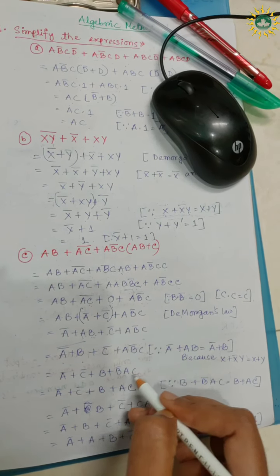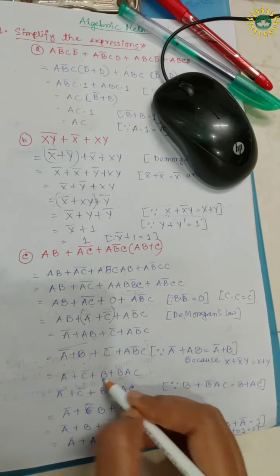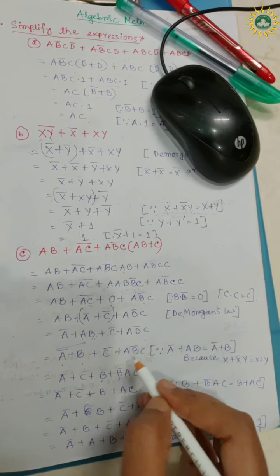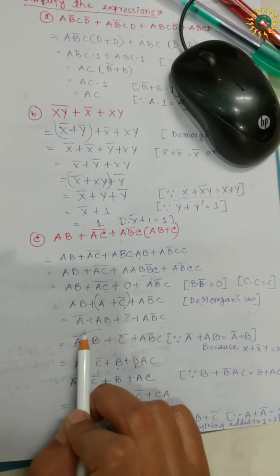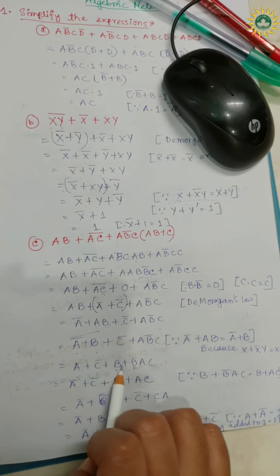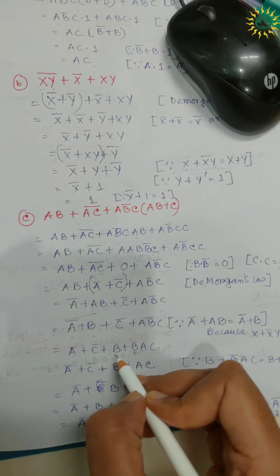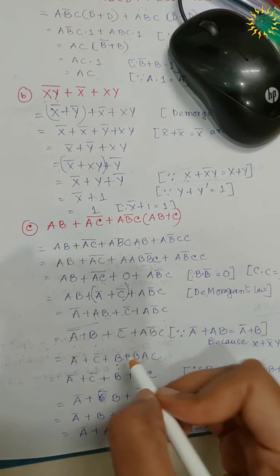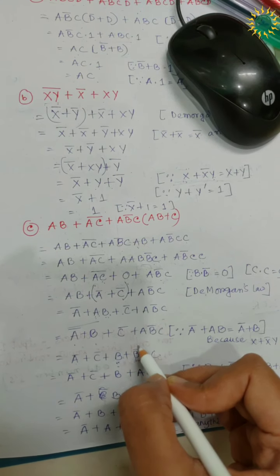Now from this one we can take, because B we have here and B bar we have here. That's why we are taking B, and leaving the B bar we are taking AC. You understood this? First of all, after this we changed the place. I wrote A bar, I wrote C bar, then I wrote B, then I wrote B bar AC. Why wrote it like that? Because we have B and B bar one after another. It will help you to simplify. Then I am taking B from here, and from the second term we are taking AC. We are ignoring the B bar.